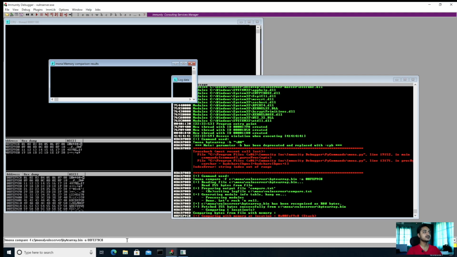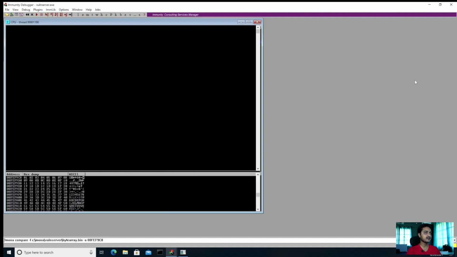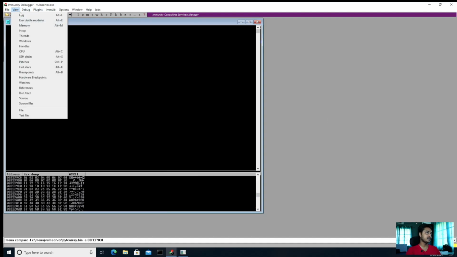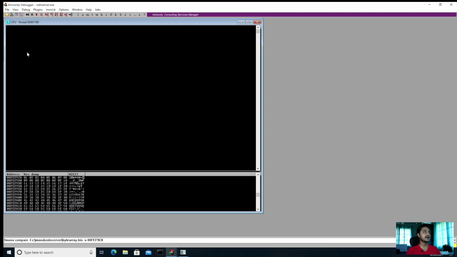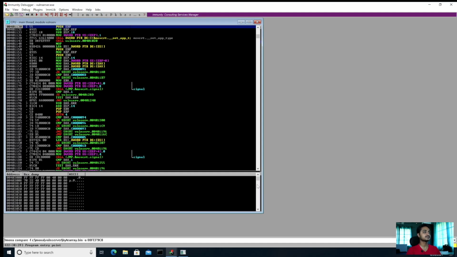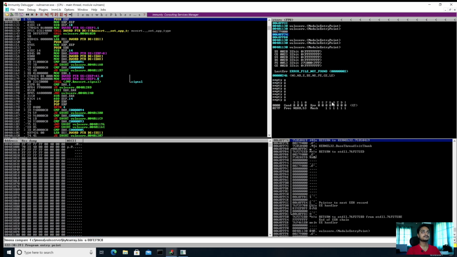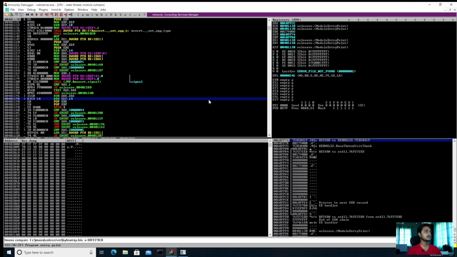If I hit this command, you'll see that there are no bad characters. If there would have been bad characters, it would have shown here in the badchars file. So that is fine. There are no bad characters, which we already verified manually in the previous part. Okay, that's fine. Let us run the server again.